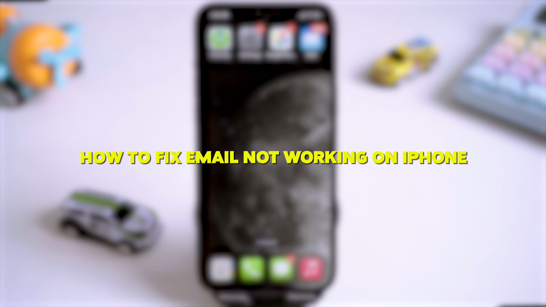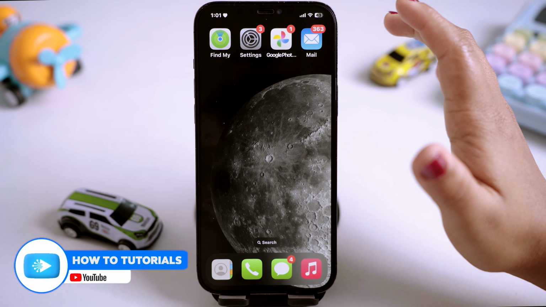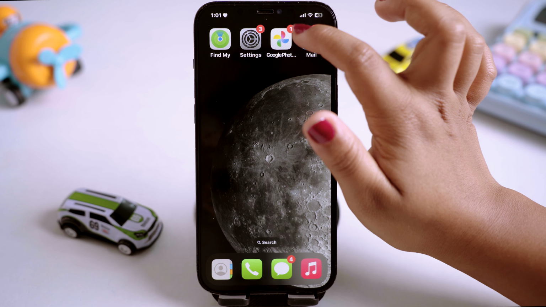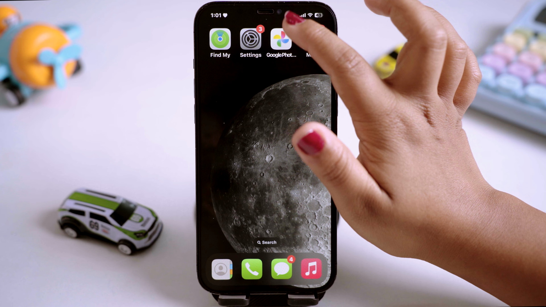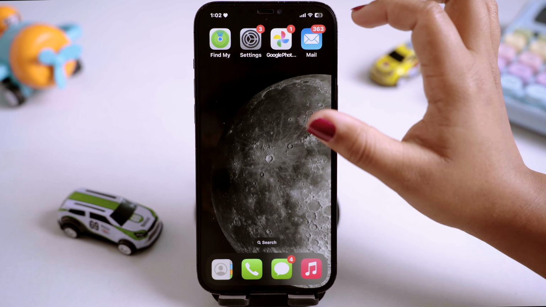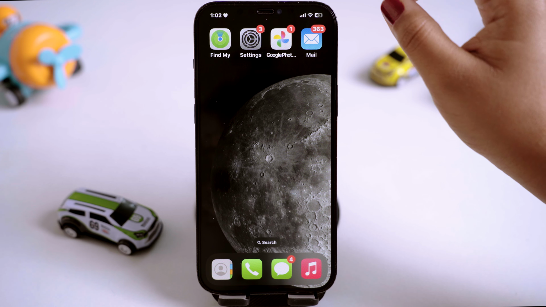How to fix email not working on iPhone. So the first thing that you need to check is your internet or your cellular data. Make sure that you have a good internet connection or a good network connection. So after making sure all of this is good, now if it's still not working, then what you can do